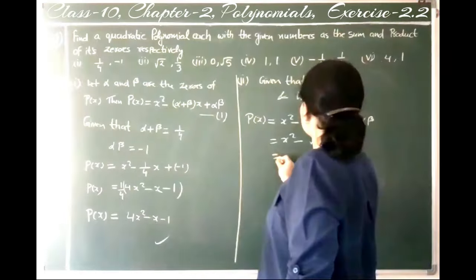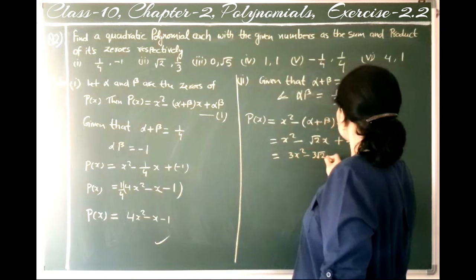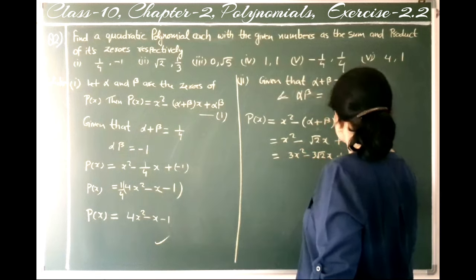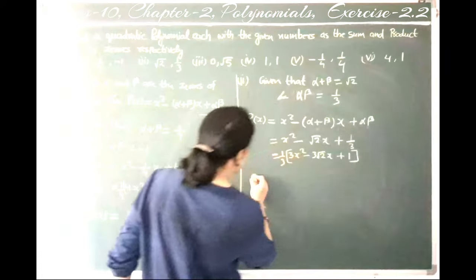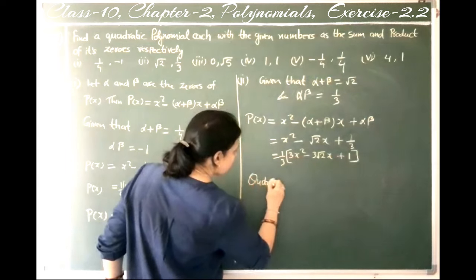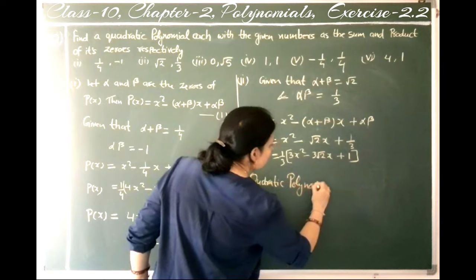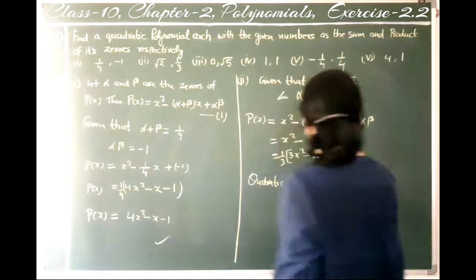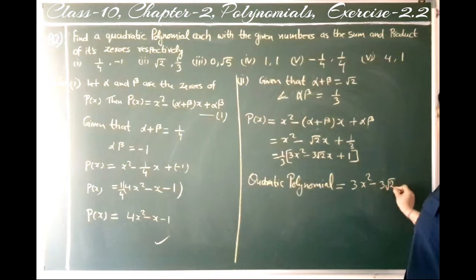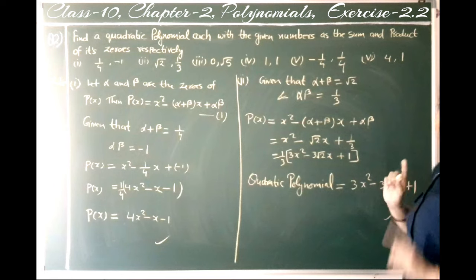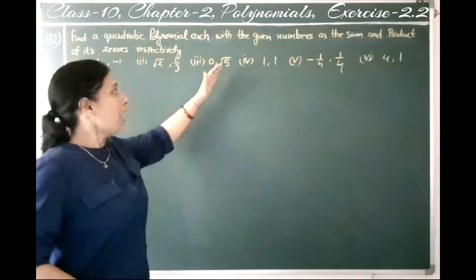So we can write, multiply by 3 here. So it is 3x² - 3 root 2 x + 1, where 1/3 is a constant. So we can write the quadratic polynomial is equal to 3x² - 3 root 2 x + 1. This is your answer. And next, for the third one, the sum of zeros is given as 0 and the product of zeros is